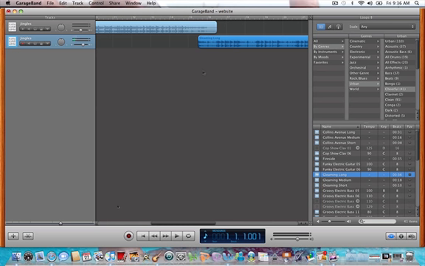And if we want to sample that, go up here to your measures bar, and you click, and your red bar comes out, and that shows you where you are in the song. Let's drag it back a little bit. You can scroll down here and press play to see how well this is mixed. Alright, I'm going to pause that for a second. It might be a little too much of a jump,